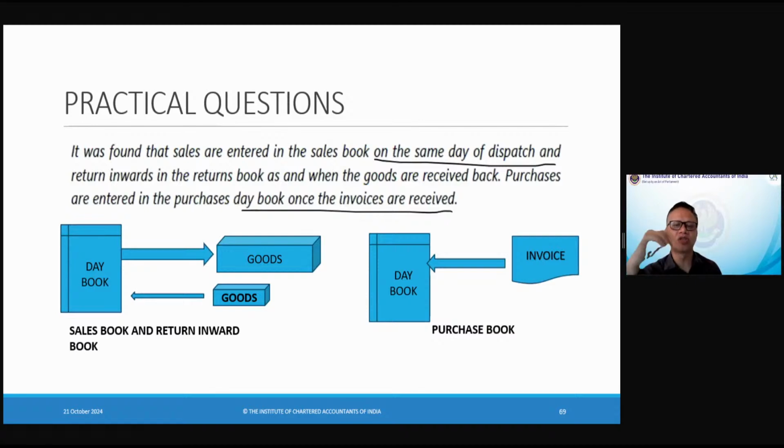Whether you have received the goods or not, you record the purchase day book on the basis of invoice. But for the sales day book, you record it on the basis of goods. So this is the difference. Now, why this difference? Whether this difference will come to us in handy or not,